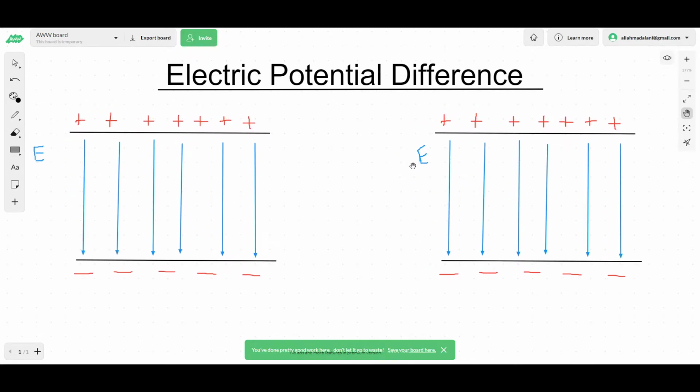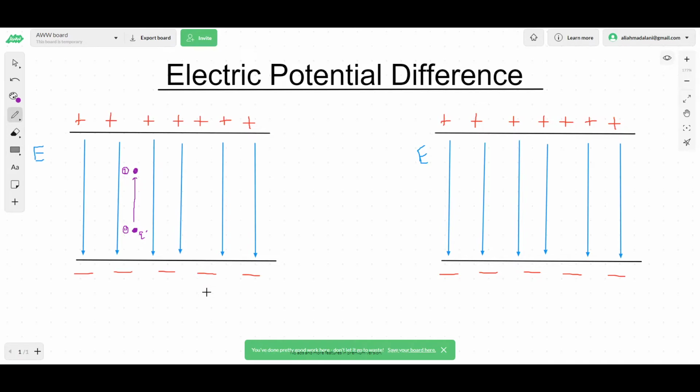Now here what I've set up are charged plates, positively charged ones on top and negatively charged ones on the bottom. Now these charged plates are just flat surfaces that are charged, and the electric field are shown through the blue arrows coming out of the positive side and going towards the negative side. Now what we are going to demonstrate is that if we placed a test charge, we'll call it test charge Q prime, at this position, position 1, if we wanted to raise this test charge to a different position, let's say this position, position 2,